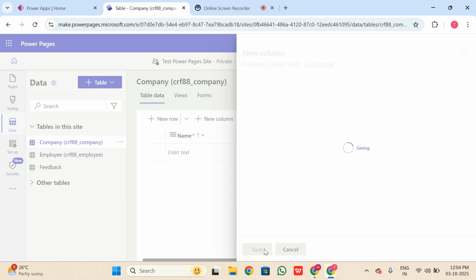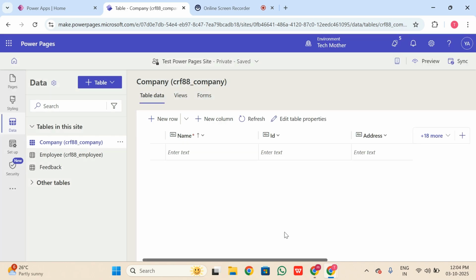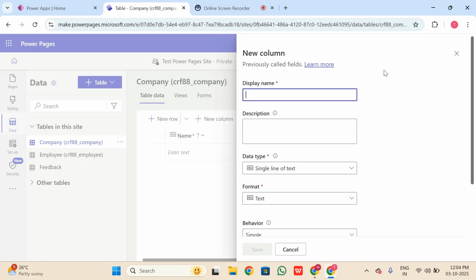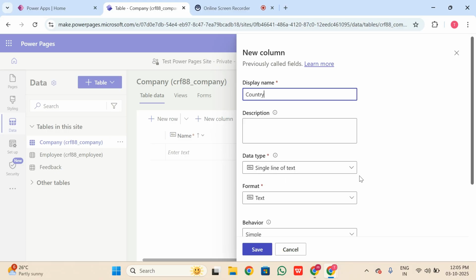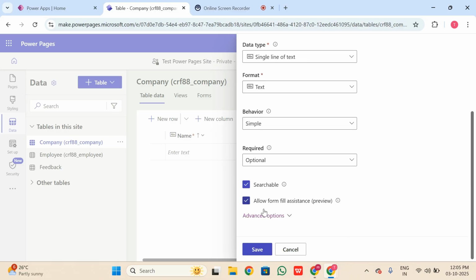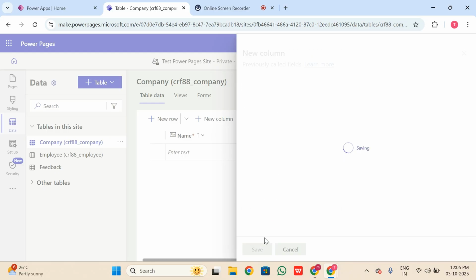So we have added four columns: name, ID, address, and phone number. If you want a location, I will add location, meaning which country this company is located in. So I will add country, as a single line of text. This is also not required, and I will click on save.